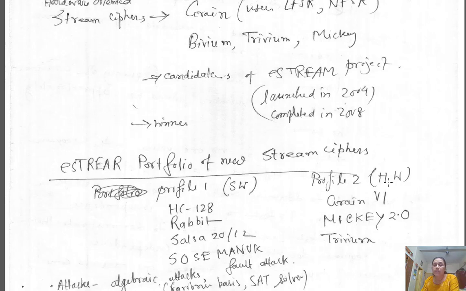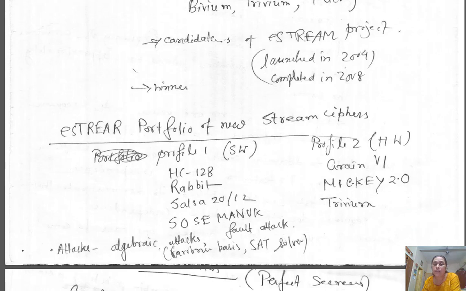So in the hardware-based stream cipher portfolio, we have the Grain version, Grain 128, Mickey 2.0, Trivium, all these things. And software-based HC-128, Rabbit, Salsa, all these are essentially good stream ciphers that are winners in the eSTREAM project. So these are essentially open; anybody can use them. If someone wants to use a stream cipher, anybody can use this. These are open things.